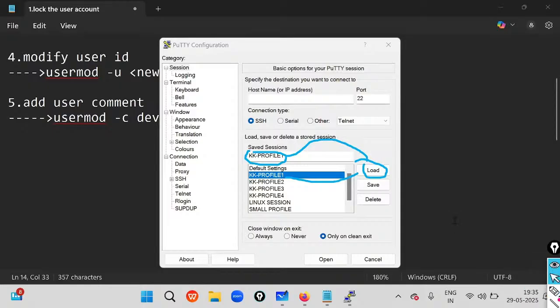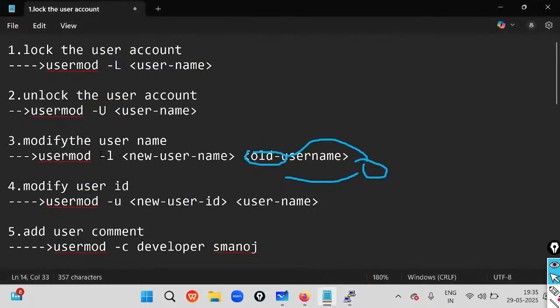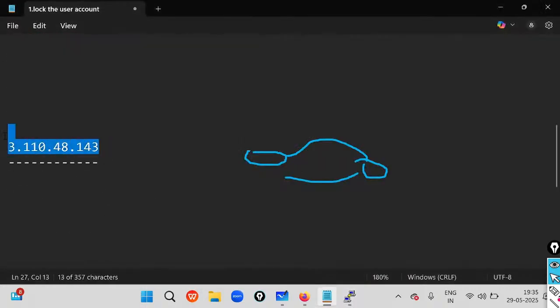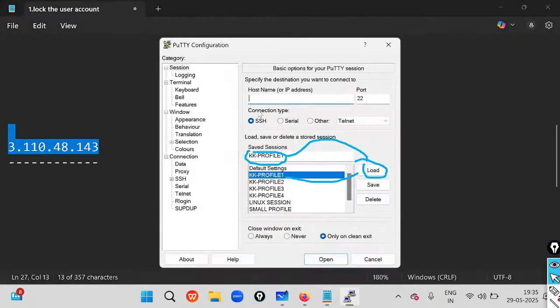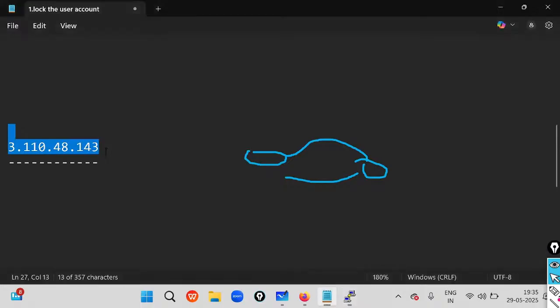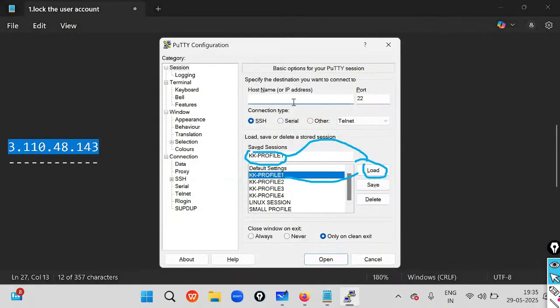That's why you must select the KK profile, afterwards the load button. Afterwards, enter the IP address. What is an IP address, boss? This is your IP address. Copy this IP address and paste it. That's all.